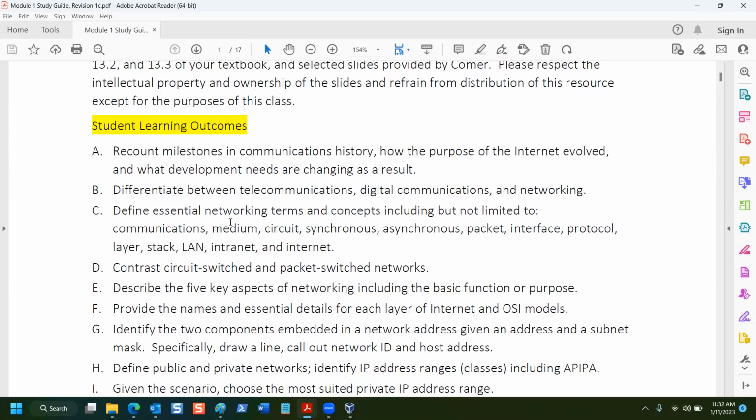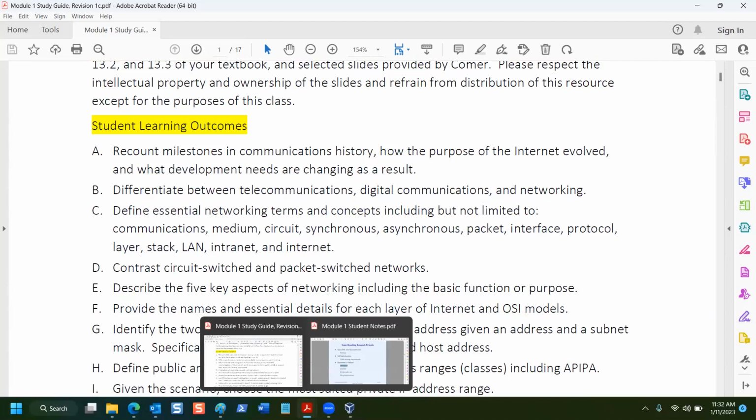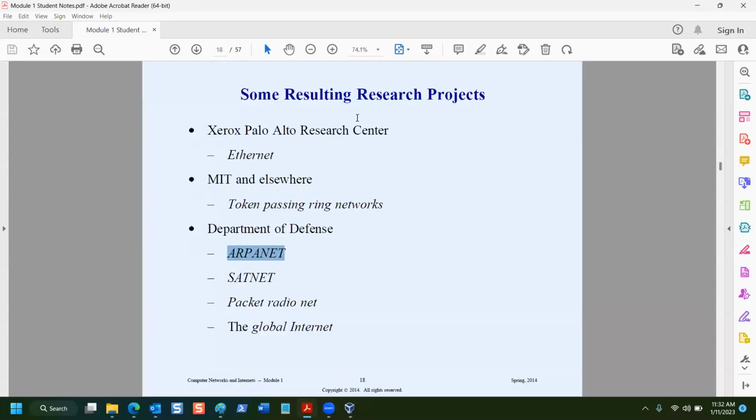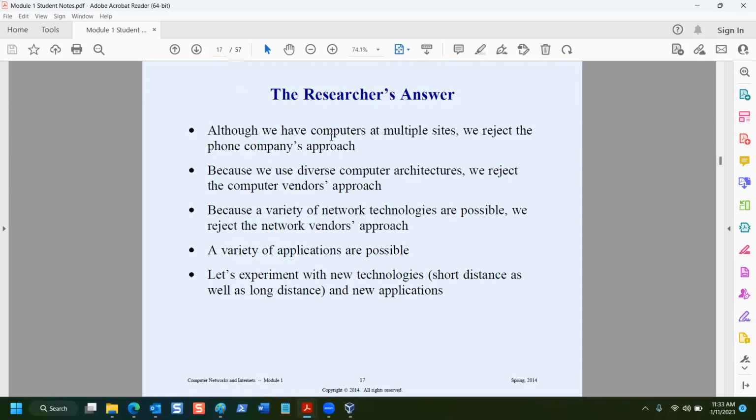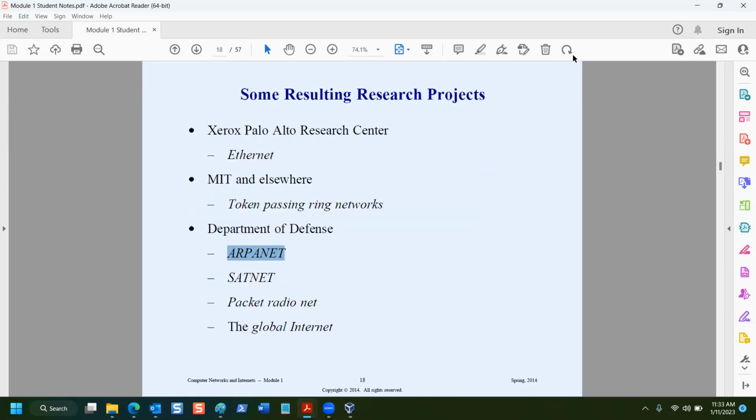Now, another expectation that I have, I will call out specifics of the study guide. Occasionally, I'll go through the study guide on screen. I'll reference some slides, but I don't tend to review slide 1, slide 2, slide 3, slide 4, I tend to jump around. In this one slide set for our module 1, I think there's 57 slides altogether. Yeah, 57 slides right up here.